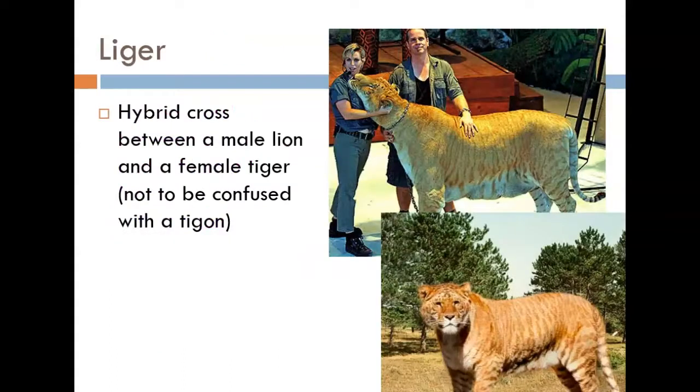Here's another example. A lion and a tiger are different species. Because lions and tigers can mate and they can produce offspring, right? So this liger is a real animal. This liger is a mix between a male lion and a female tiger. But the liger is sterile. The liger cannot have children. That's why the lion and the tiger are different species. So if you can't reproduce together or your children are sterile, you're considered part of different species.